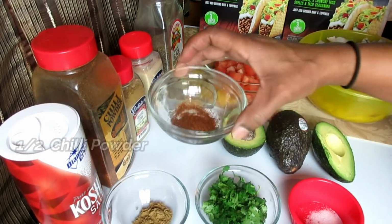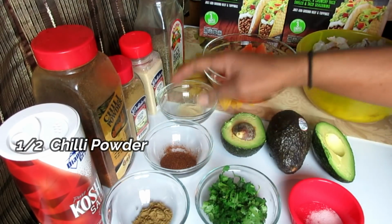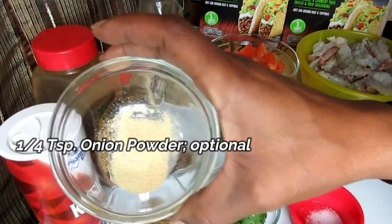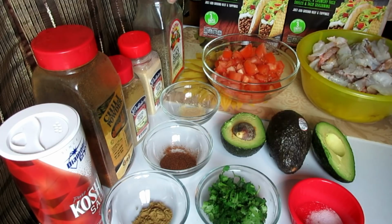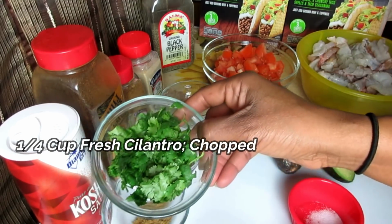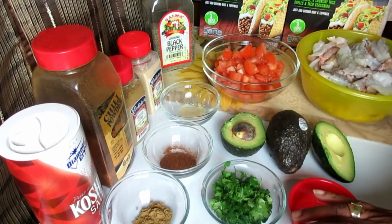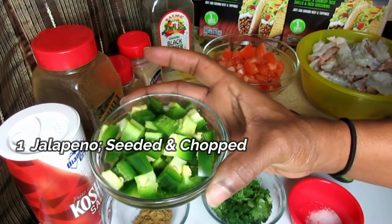Another thing you're going to need is some chili powder, because we're going to be making our salsa from scratch. Another ingredient is some onion powder. You're also going to need some black pepper, and some cilantro, like 1/4 cup. You're also going to need some jalapeno peppers, about 2 jalapeno peppers,